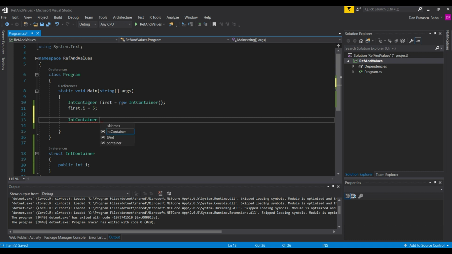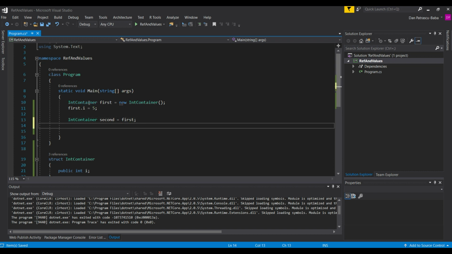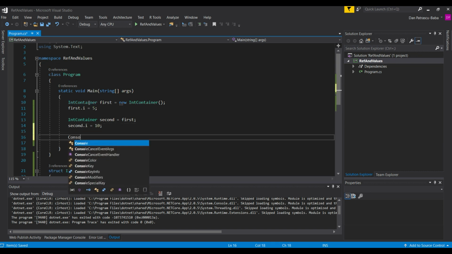So it will be int container second equals, and this will be equal to first. So exactly the same thing that we performed also in the case of the StringBuilder. Now if we go second.I, and we will make this be 10. So that's it. Now let's print this to the console,